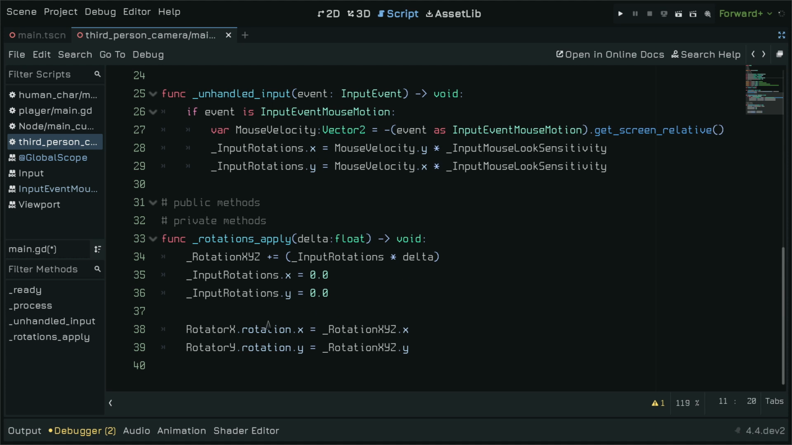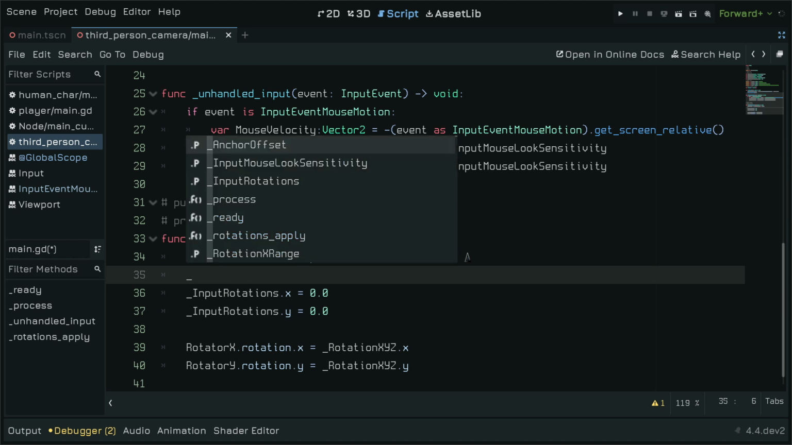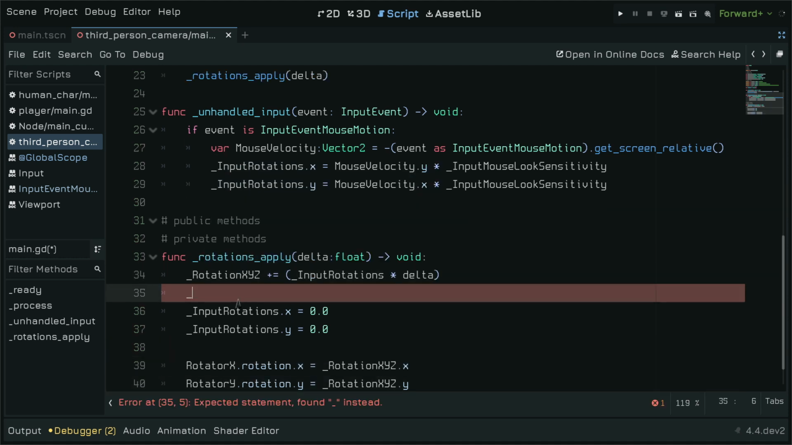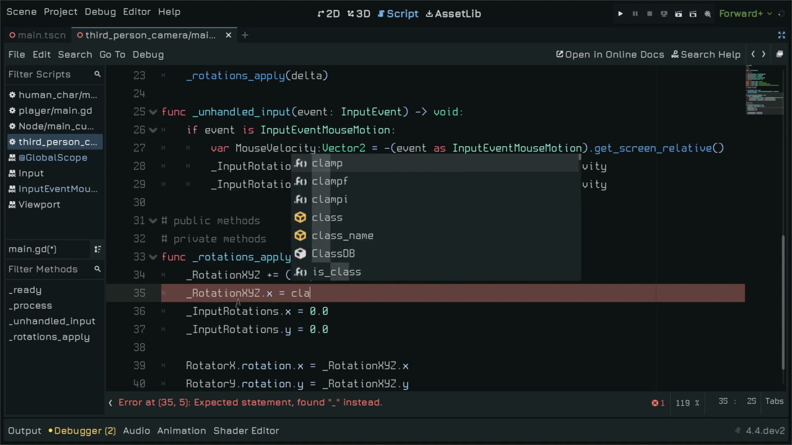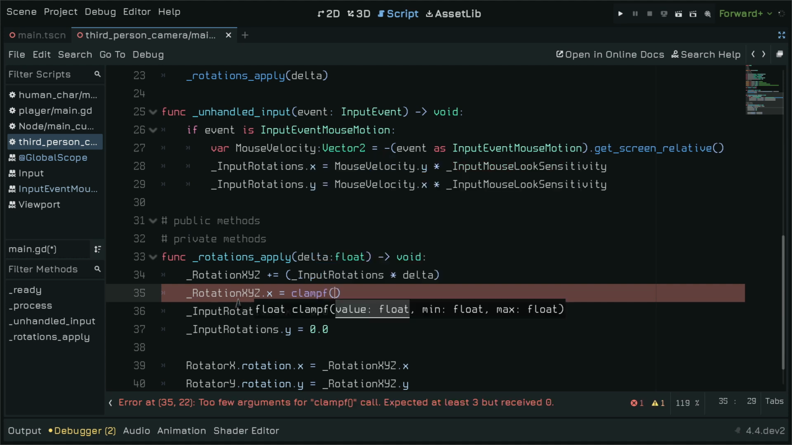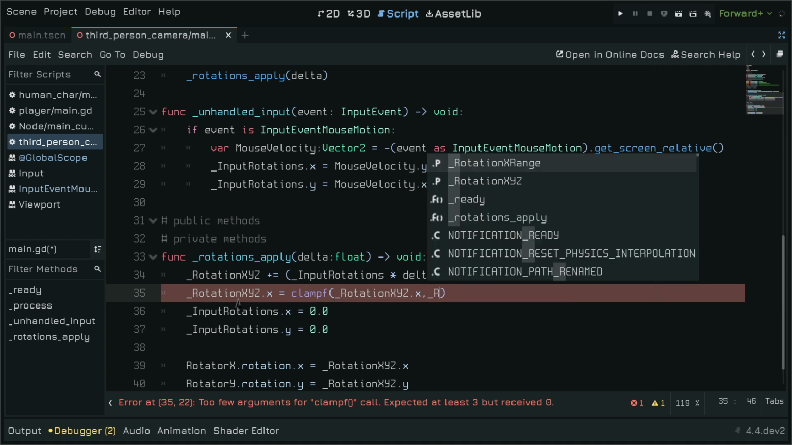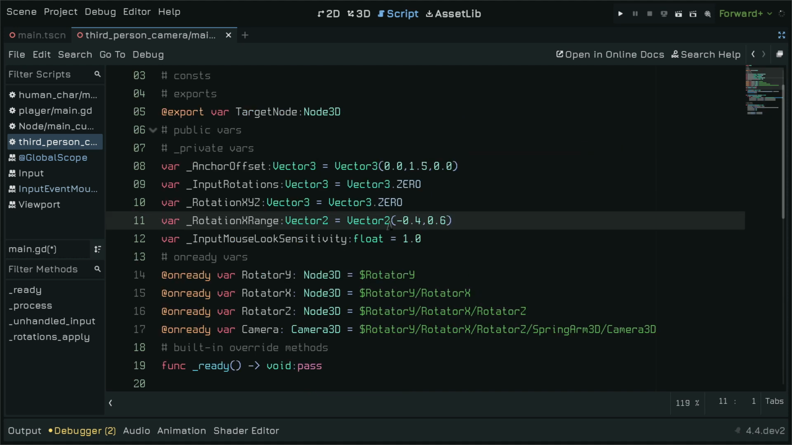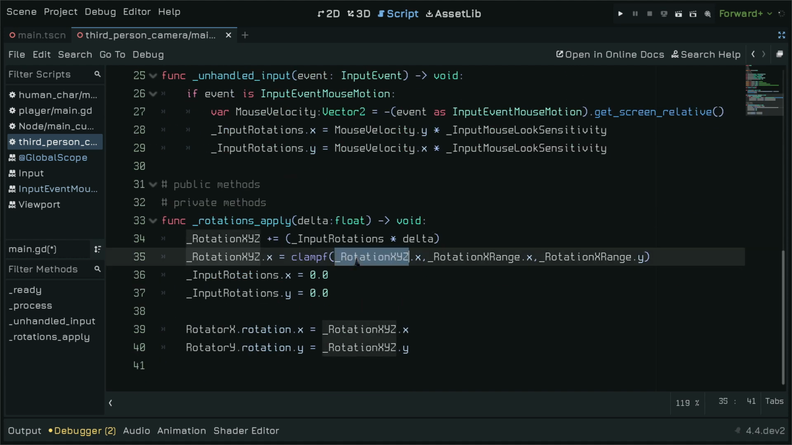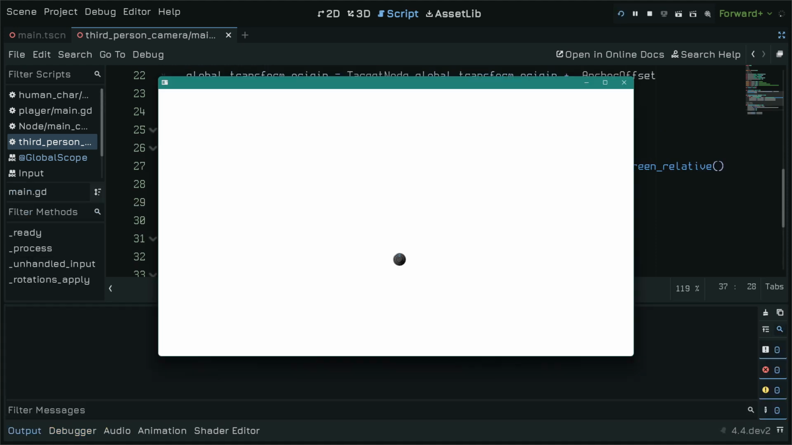We need to limit it in the code here. So after we have defined the rotations, before we apply it to our node here, we want to limit our rotation XYZ on its X value. We want to clamp this with a float, and we're going to be clamping the rotation XYZ on its X value to our rotation range X and our rotation range Y. So we are basically using a vector to create a range which we can limit our rotation X towards. So now that we have done this, if we run our project, you should be able to see